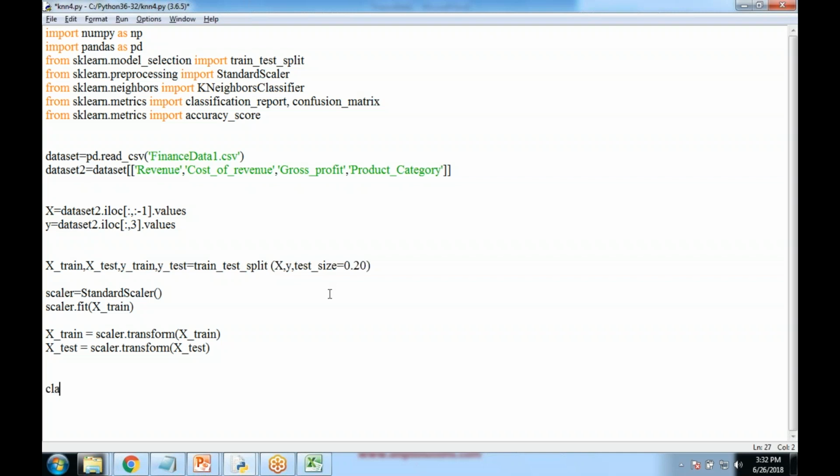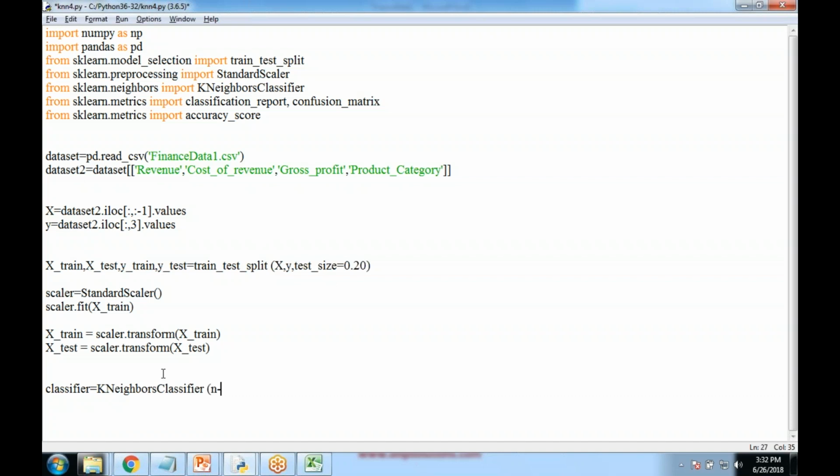So we write classifier, or it could be anything, you can give any name. So classifier is equal to k neighbors classifier. So we use k neighbors classifier,